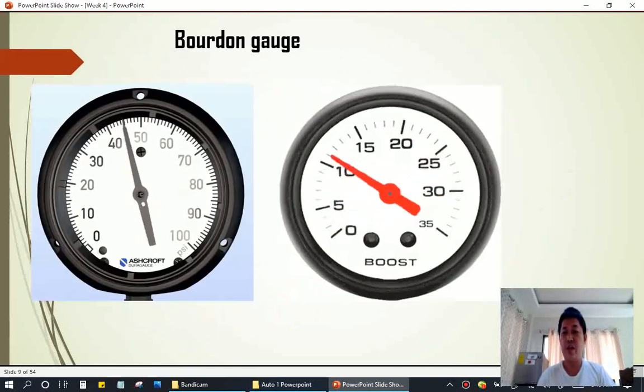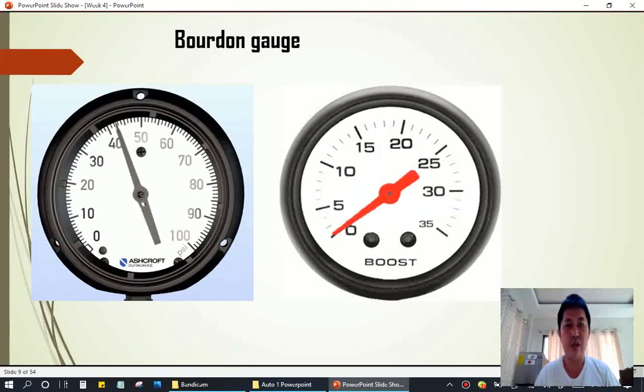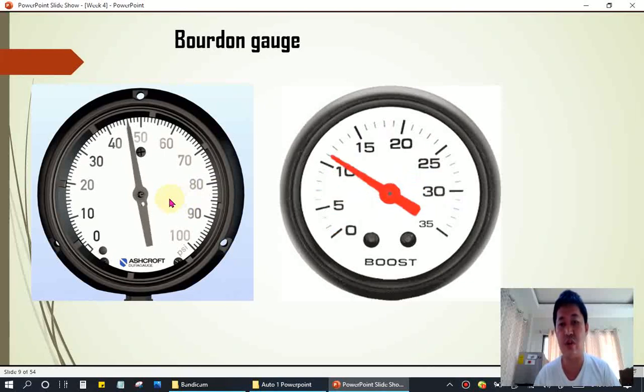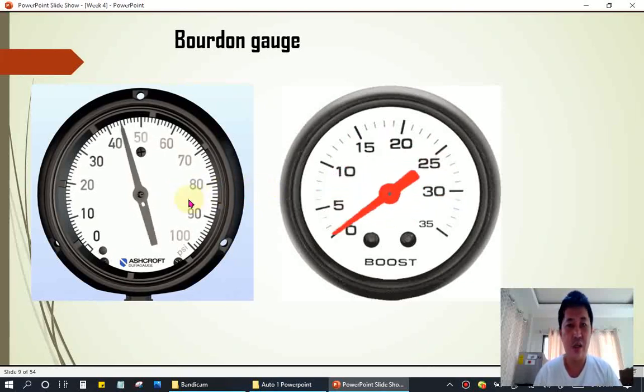So these are examples of your Bourdon gauge manometer. So it reads pressure here, as you can see. So this is around 445 bar here also. So this is not a normal deflection of the pointer. So this is only to show you how it works. If this is the deflection of the pointer, which is not steady, there is a problem of your, let's say, cooling system. So I experienced this problem before.